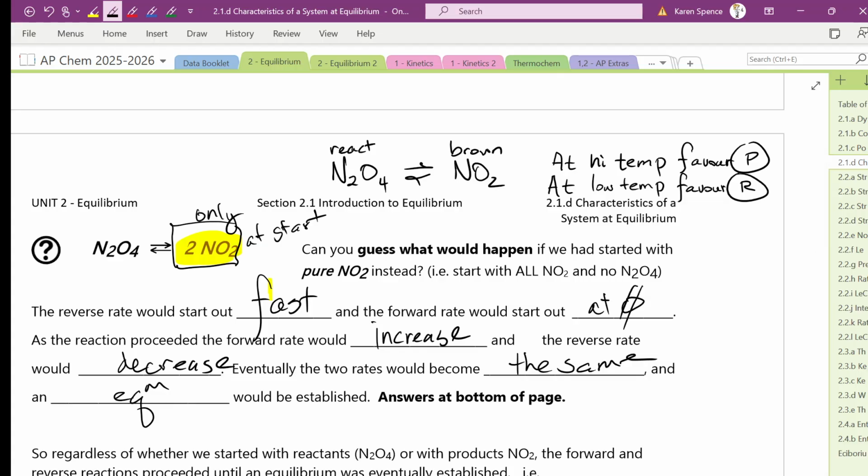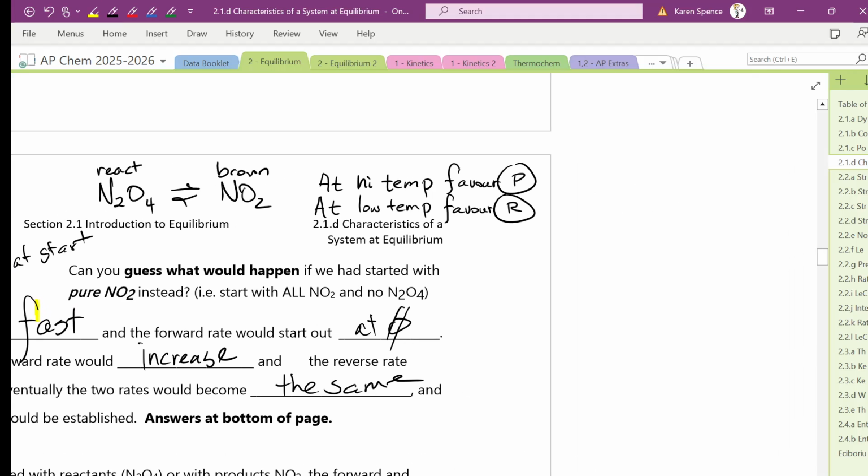I'm going to let you go through the mental gymnastics that it's going to require you to do to figure out if this reaction in the forward direction is endo or exothermic. You might want another piece of paper for this. I don't know if you can cram it in here. I'm going to put it off to the side.